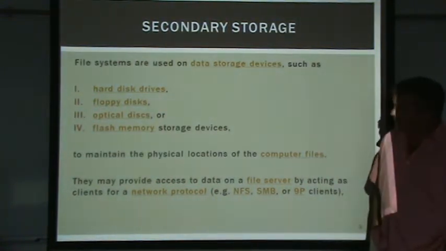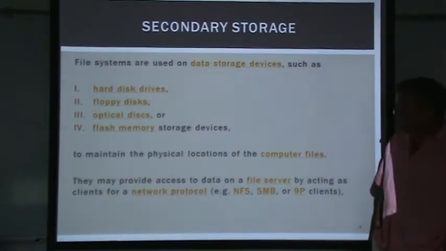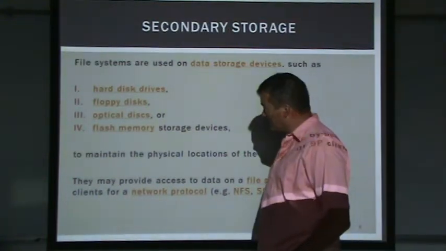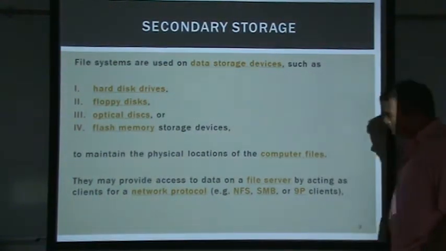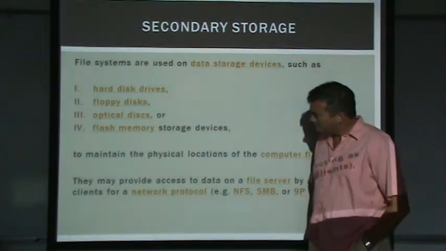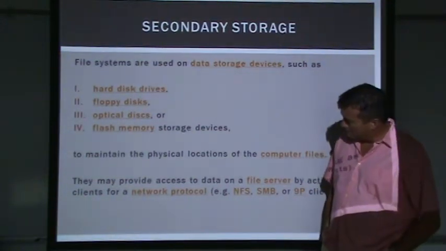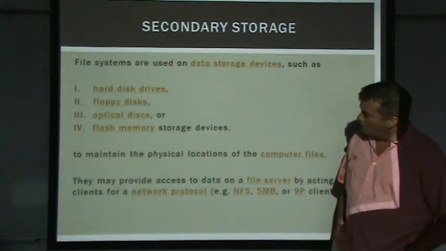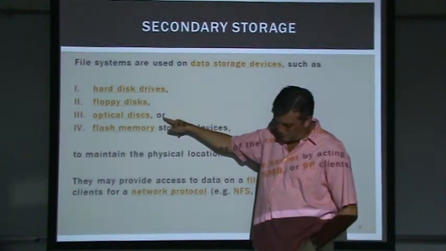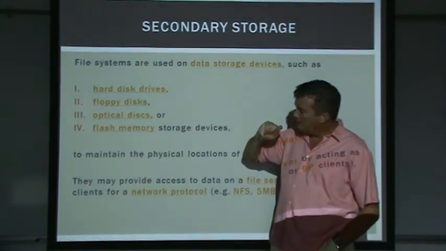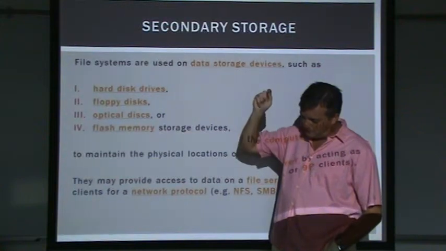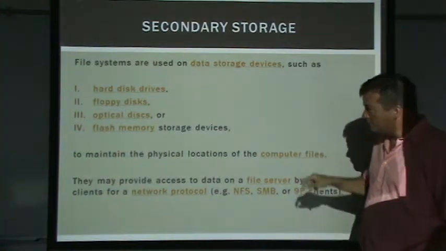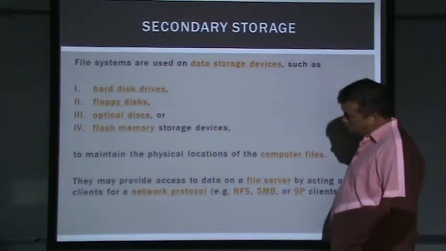So different types of mediums to record data on that don't require electricity to always be running would be hard drives, floppy disks. I'm almost getting to the point where I need to take floppy disks out of the slides now. Optical disks, which are basically like DVDs and CDs. Those are disks where you record the data, and then the way you retrieve the data off the disk is to bounce a light off of it. So it gets a reflection, and then you can read the data off of it. So there's no wear and tear on the disk, unless you scratch the disk.